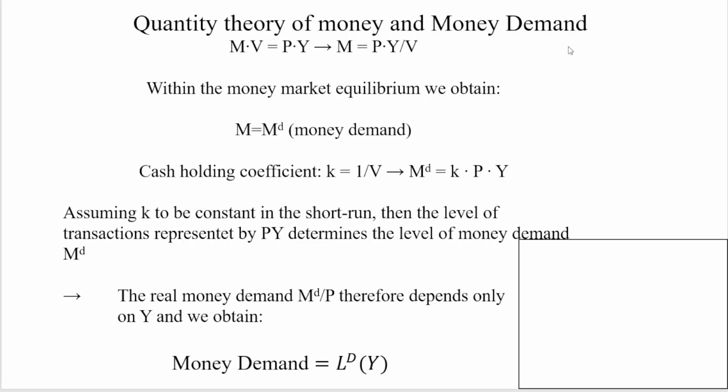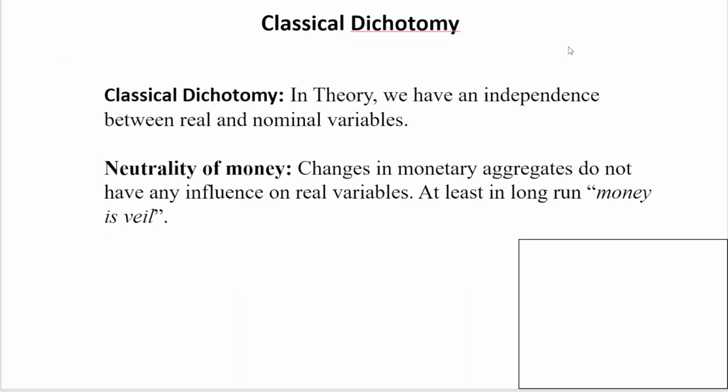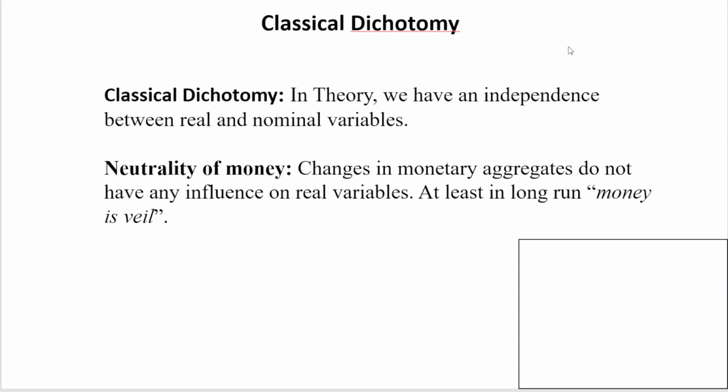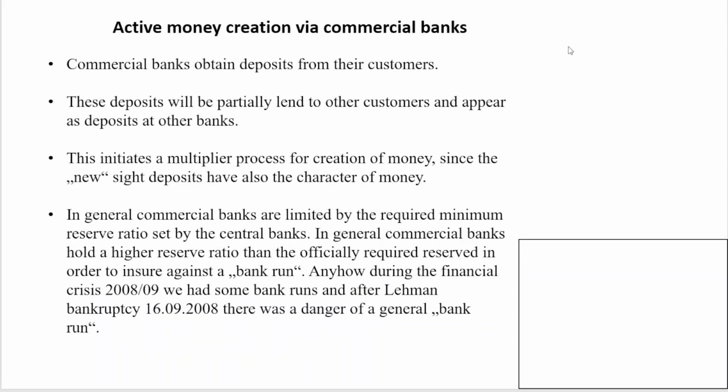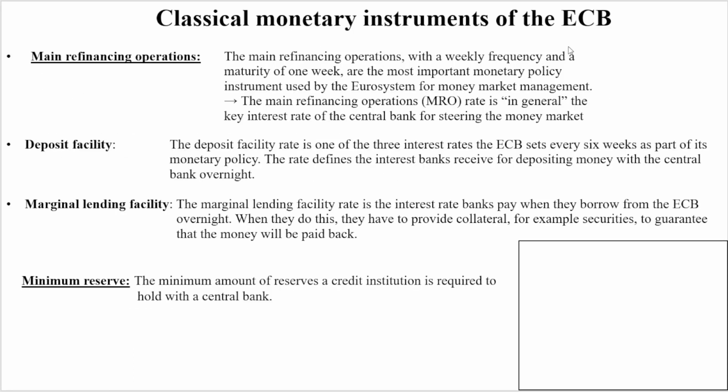Quantity theory of money, we obtained the classical money demand function only depending on y, and the split of real and nominal variables via the classical dichotomy. Money multiplier, money creation,